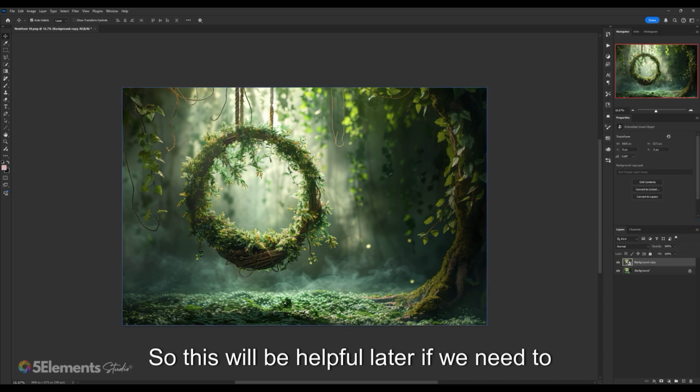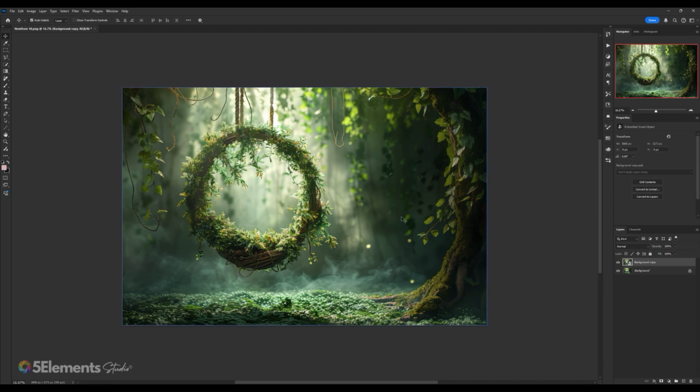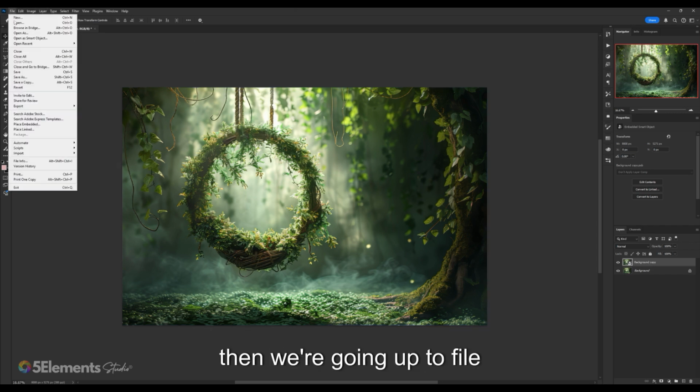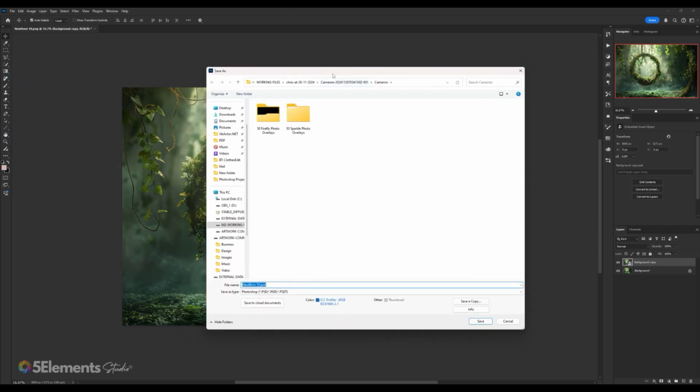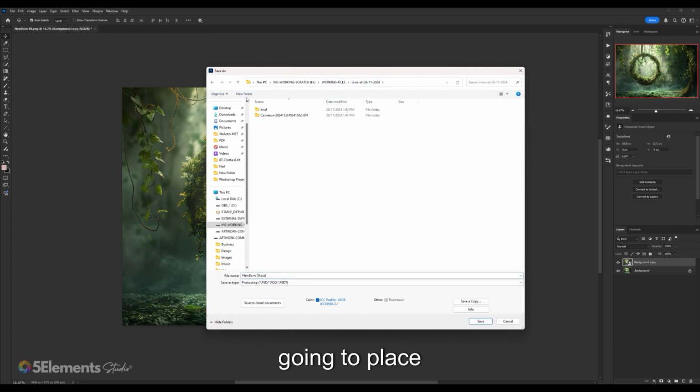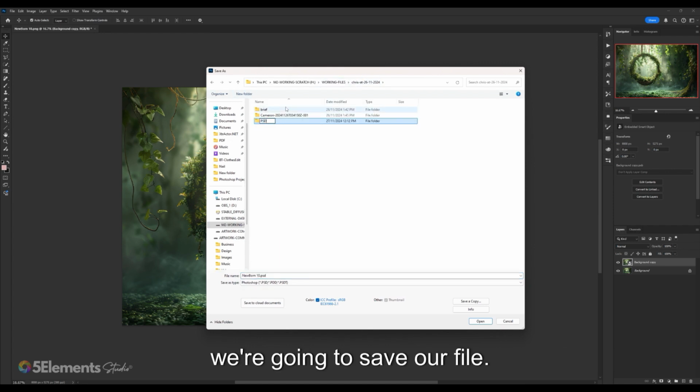So this will be helpful later if we need to do any resizing of the backdrop. So again, another good practice. So we've duplicated and converted to smart object, and then we're going to go up to file, save as, and then we're just going to save our file